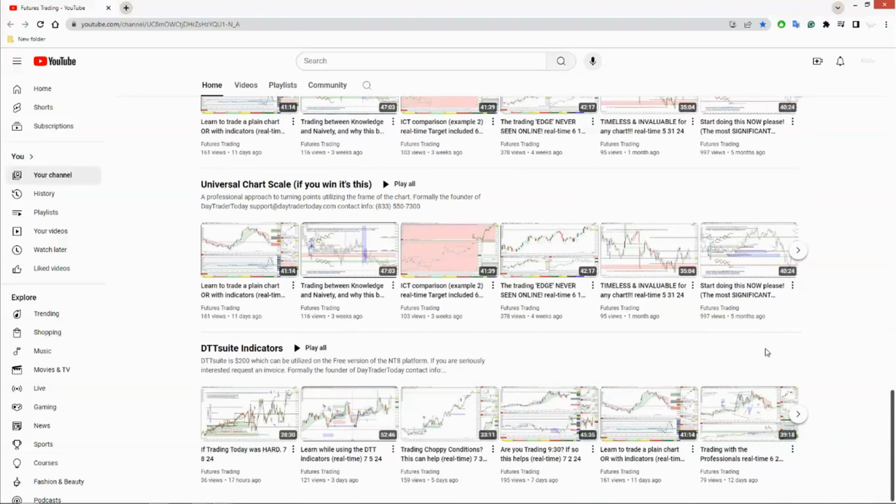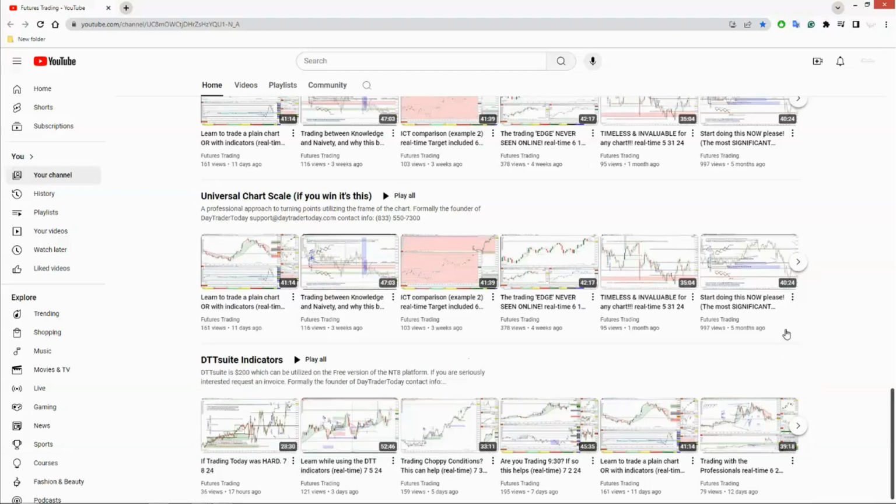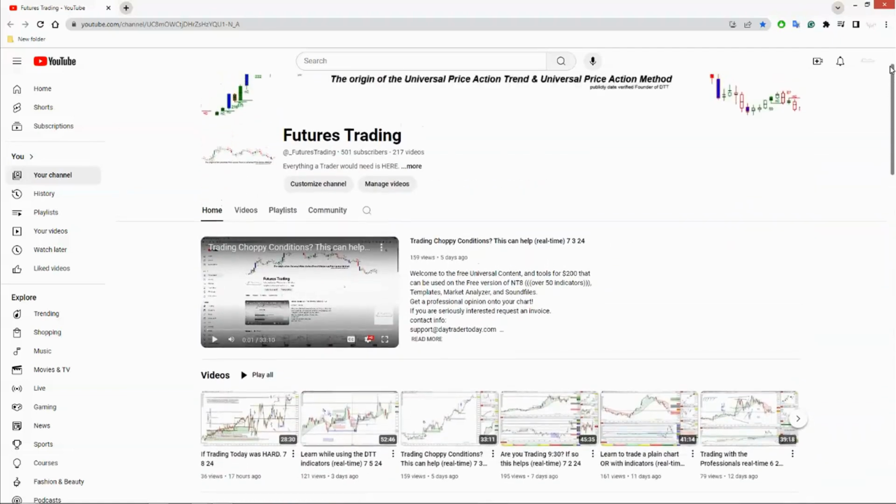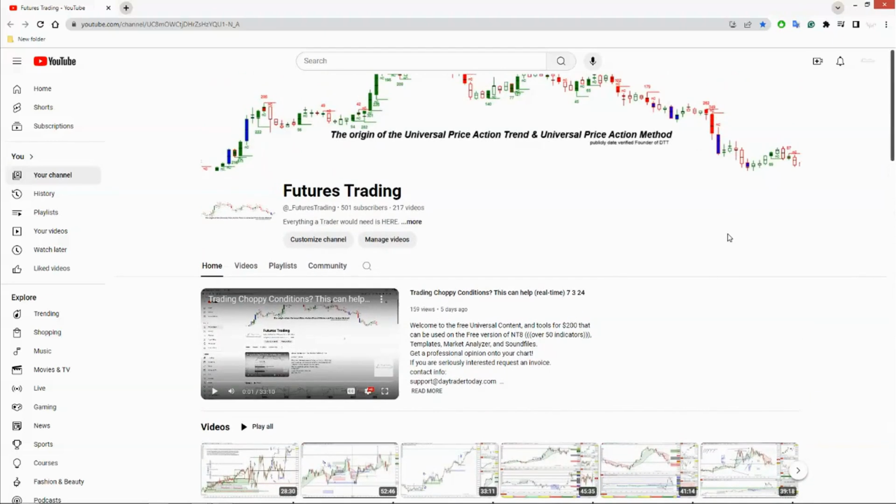The suite of indicators. All right, again, I coded these tools just to help have an additional complementary tool on the chart to give you an idea of what it is that I think about the market and what's significant. All right, so the universal price action method is everywhere on the chart. Everywhere you're going to find it, but I did my job, so you don't have to try to comb through which ones would probably reward you the most. And so I made, of course, a great deal of tools just to help you with for all different kinds of trading styles that you may have.